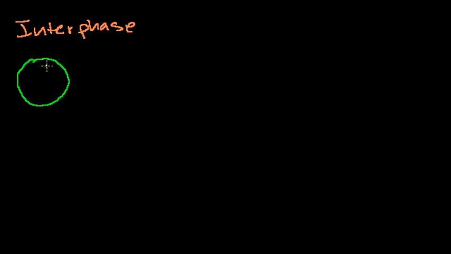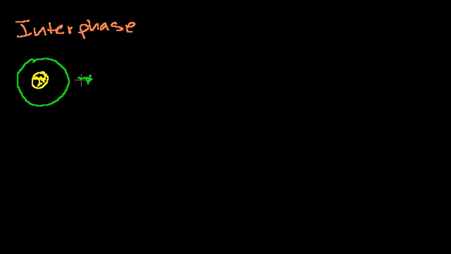The first steps that are really necessary for mitosis actually occur outside of mitosis, when the cell is just doing its day-to-day life. That's during the interphase. The interphase is literally not a phase of mitosis. It's literally when the cell is just living. So let's say we have some new cell, let me do it in green. I have some new cell here, and maybe this is its nucleus. It's got 2n chromosomes. And then it grows.